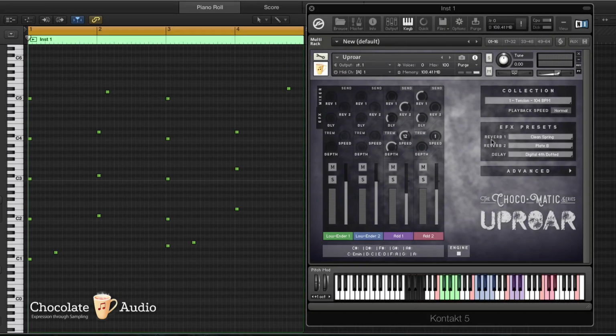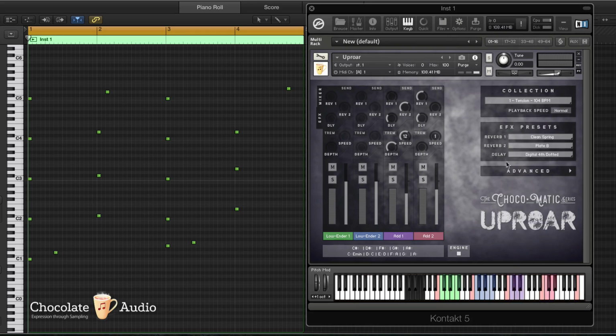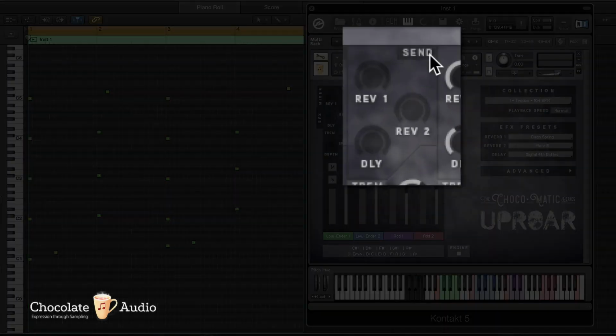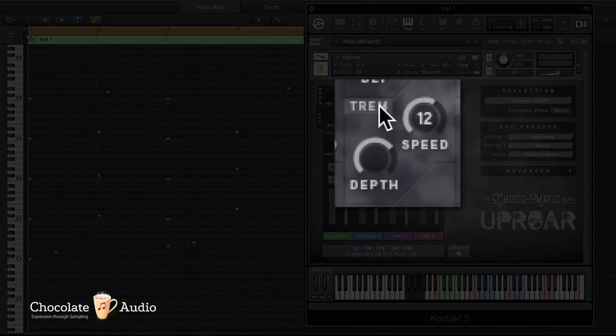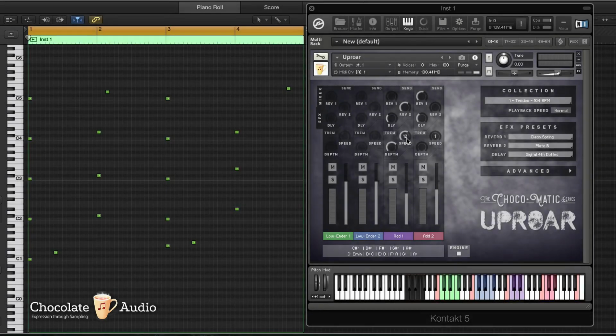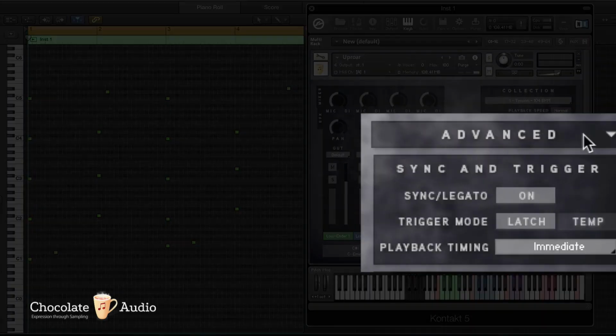In this release, we have 2 reverbs with the same set of impulse responses and a delay. You can bypass the sends by clicking on the send button, and we also have a tremolo, which is also bypassable, where you can set the depth of the tremolo and the speed, which is signaled in an inverse way. So 12 means that the period of rotation of the tremolo is 1/12 of a bar. Getting back to business, let's take a quick look at the advanced page,